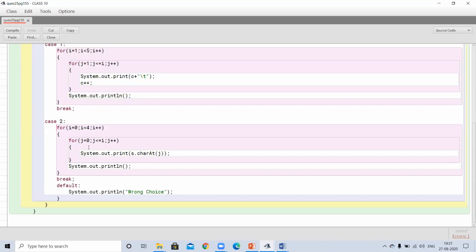Then here it will print j. The initial value of j is 0, which means it will print system dot out dot print, s dot charAt j. s dot charAt j means first of all whatever is given at the 0 position.